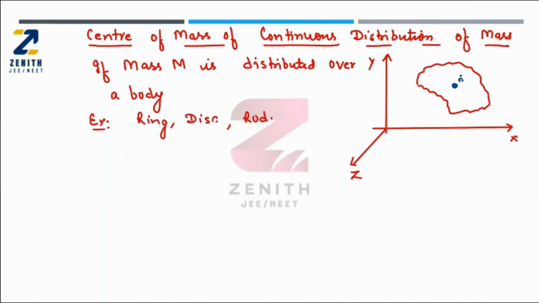Let us suppose this small element has a mass dm, and its position is r vector from the origin. So for calculating the center of mass of this type of body in which mass is distributed, what you will do,